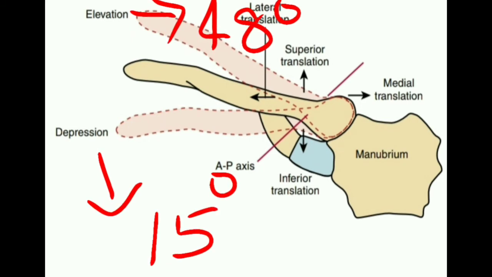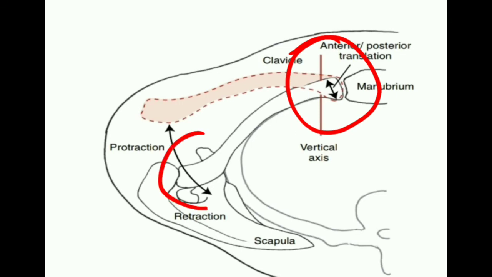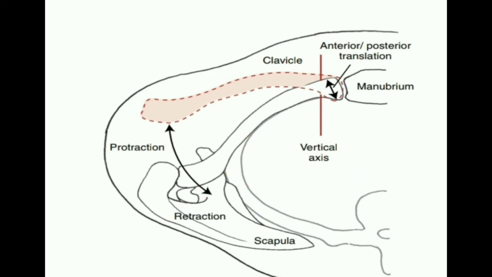Okay. And now let me see protraction and retraction of the clavicle. So what is protraction and retraction here? We should remember which is the reference point. The lateral end is the reference point. So this is the medial end of the clavicle and this is the lateral end of the clavicle. This is a vertical axis movement and here it has the transverse plane.